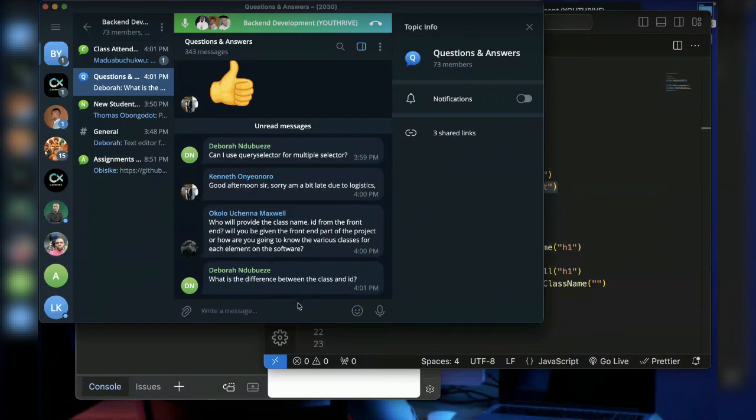What is the difference between class and ID? There's no difference. It's just in the name. This is a class, this is ID. Although the ID will override class if they have a conflicting style, but in difference, there's actually no difference. A certain developer can decide to use classes in his own tags.